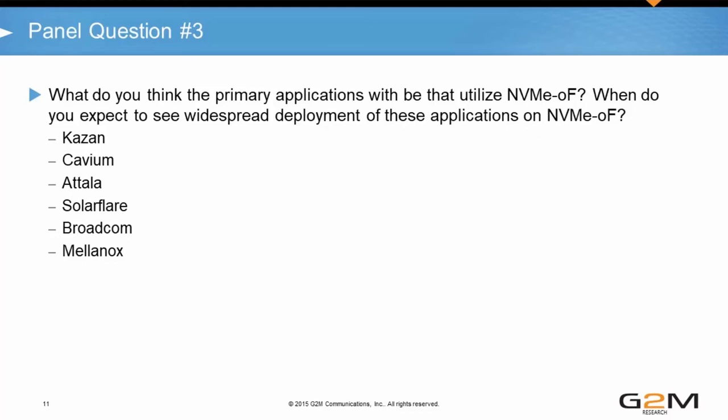So I don't look at it as specifically an application, but all the class of application that needs block storage access that's distributed, at the speed of NVMe-oF, or NVMe across fabrics, is where we think the